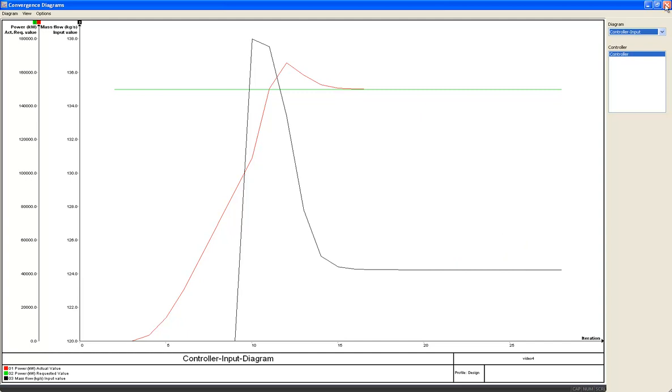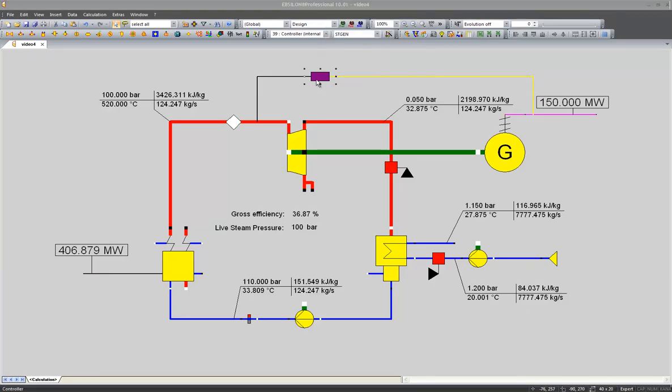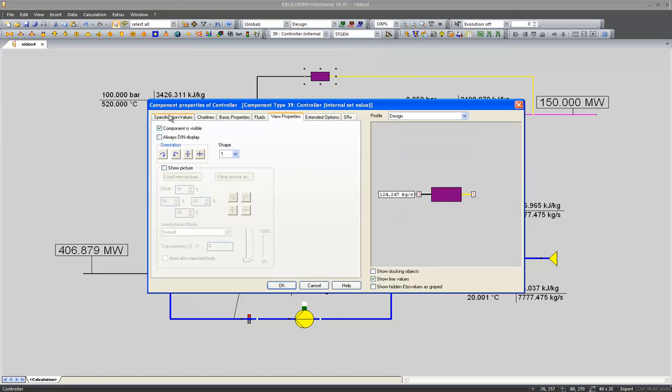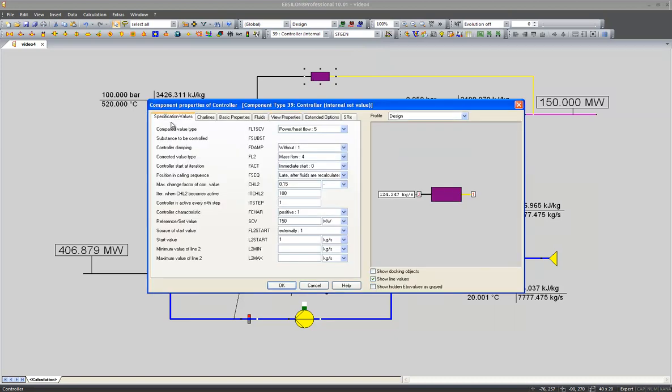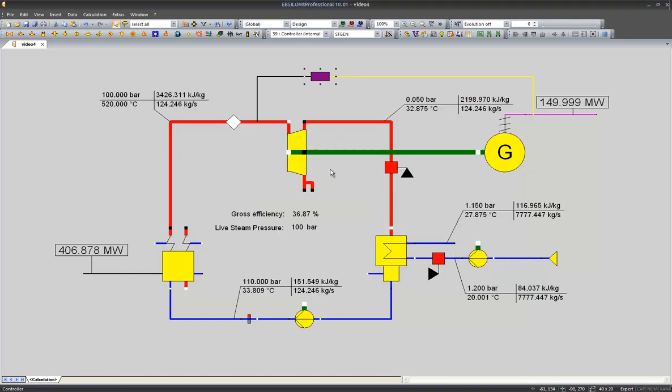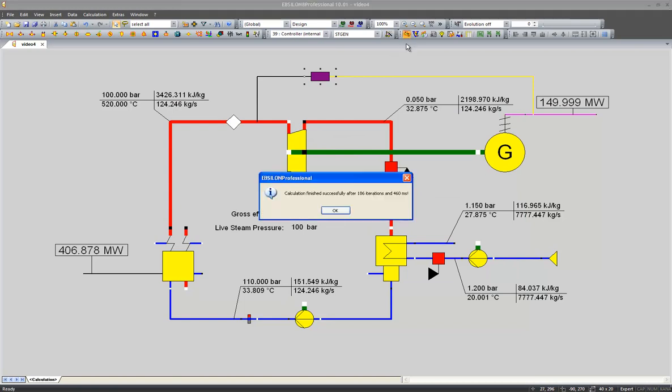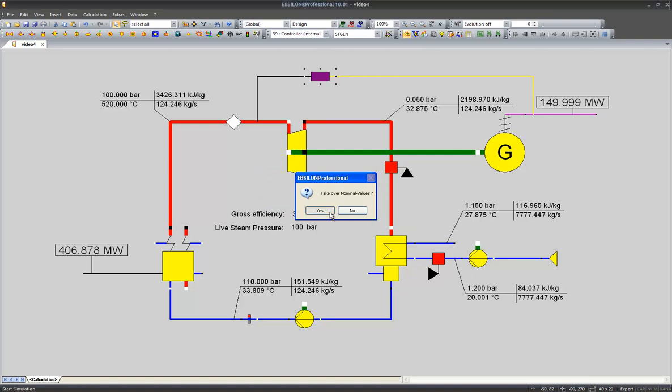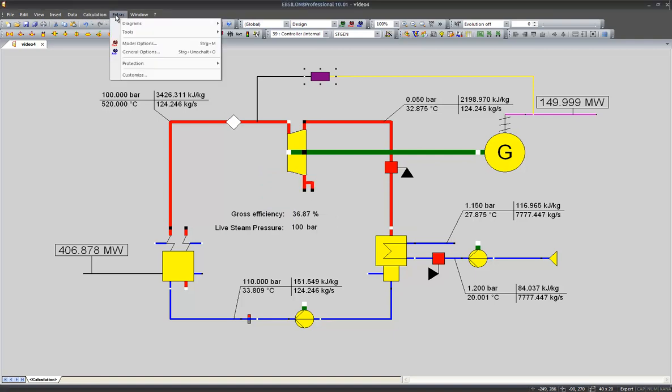We can also change the controller characteristics and, for instance, set the controller damping to a very or extremely high level. After the simulation, which now takes significantly more iterations, we will see that